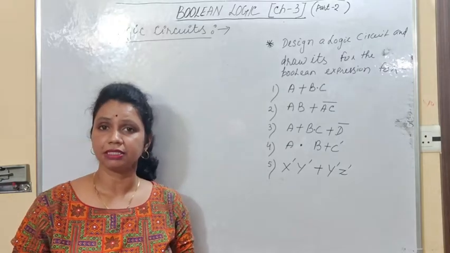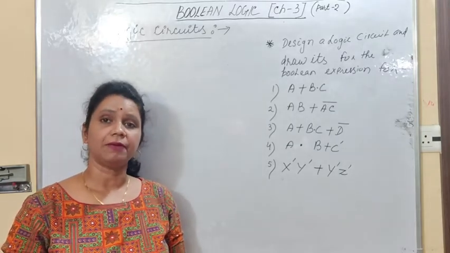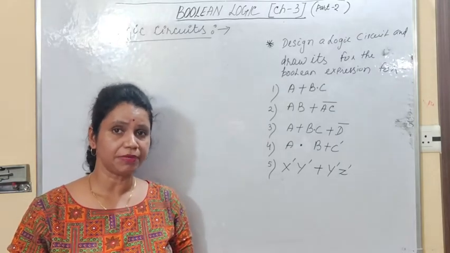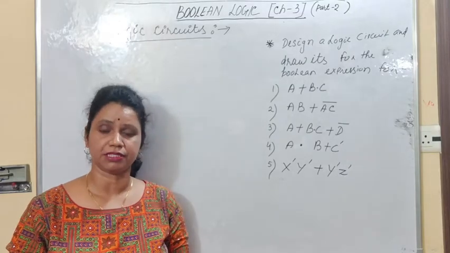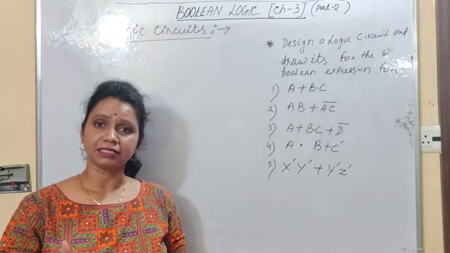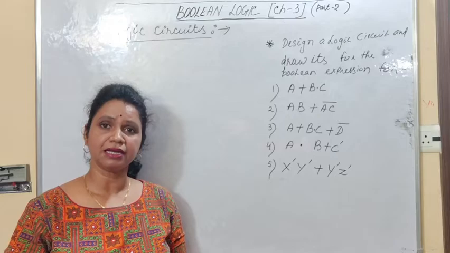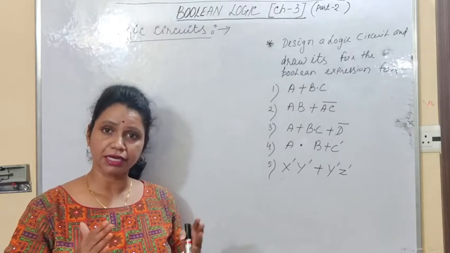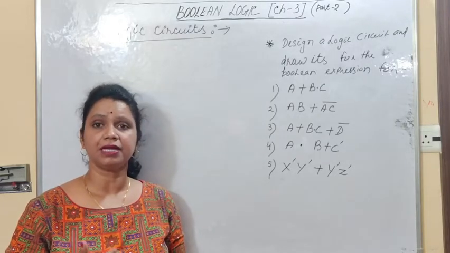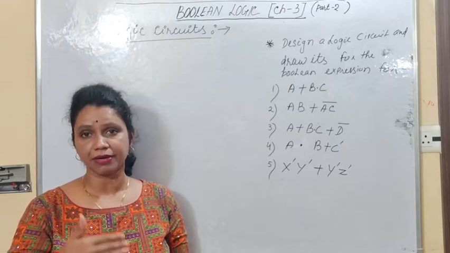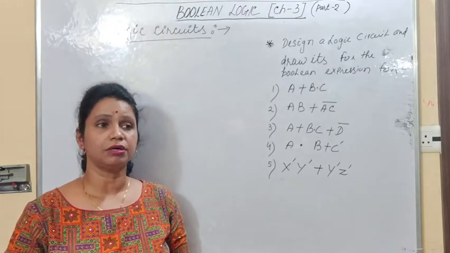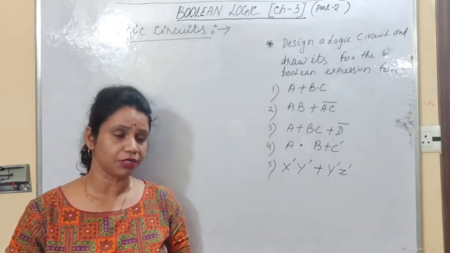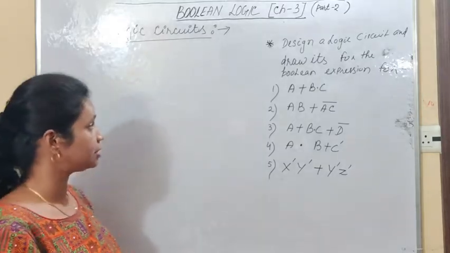Right students? Which logic gate or gates you need. After that, the third step is to implement the logic gate for the sub-expressions. Similarly, the fourth step is what? Determine the logic gates for joining the sub-expressions. After that, implement it. So there are 5 steps, students. How do you draw a logic circuit for any Boolean expression? Let us do the same.